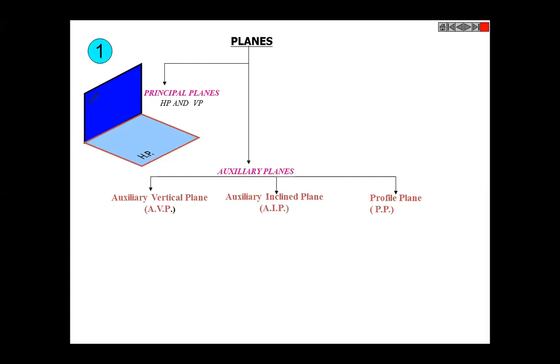Generally we have these only. And we imagine one plane here like this. That is the profile plane, which we generally imagine here. If we see from here, we will be able to see this in a 2D frame. This will be the first quadrant, this the second quadrant, this the third quadrant, and this the fourth quadrant.